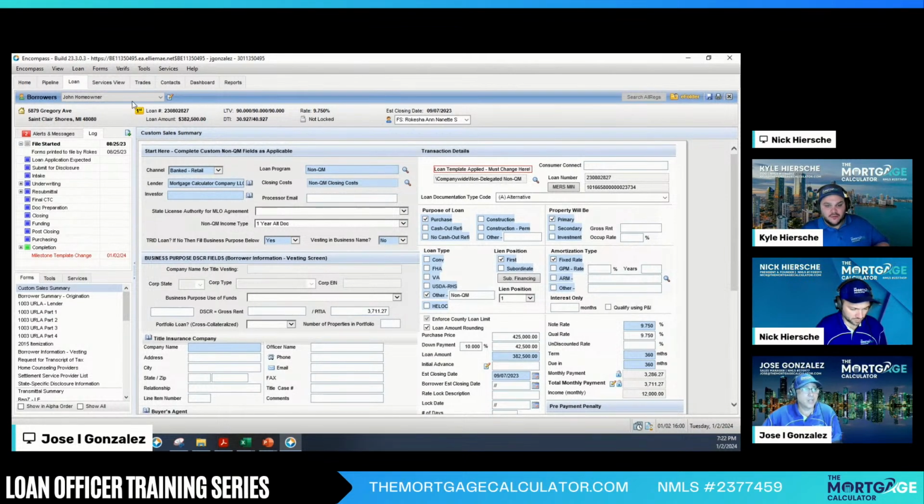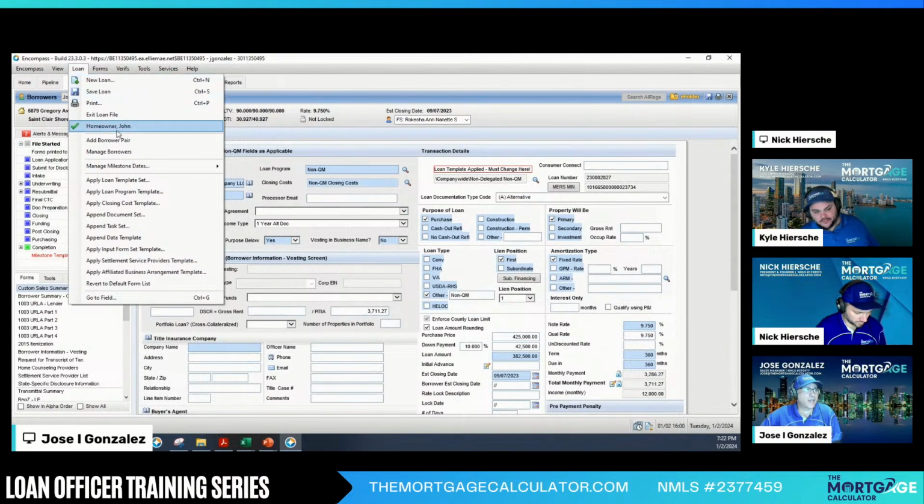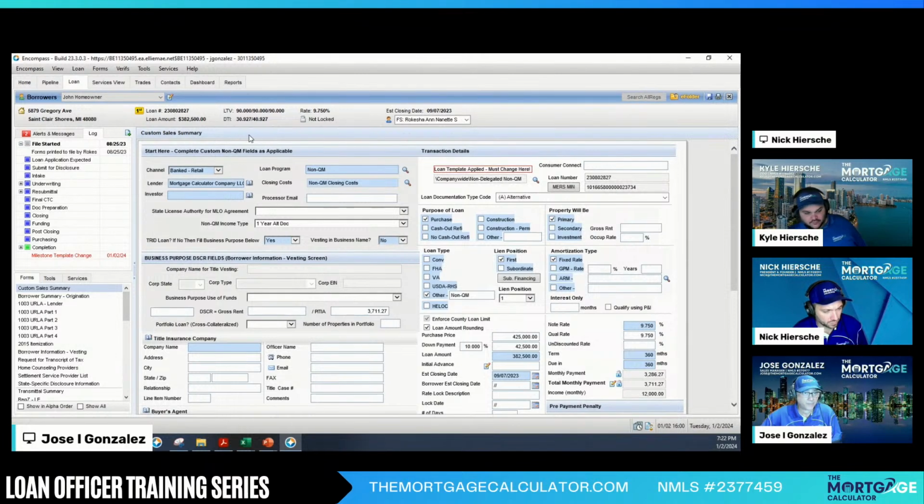So a couple of pointers here, like I make a note, just make sure that, again, you're in the correct template. So here's where you apply your loan template set right there, right? So make sure that you are, this one here, we are non-delegated, non-QM. We are the lender. We're doing 1 year alt doc here. Our borrower has a 740 credit. So we're going 90% LTV. And the rate that we're looking at is